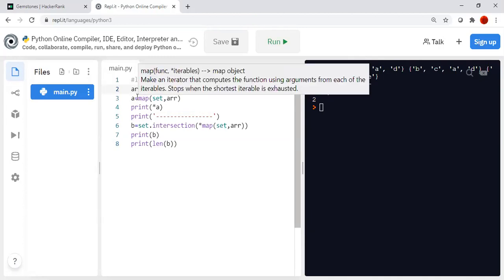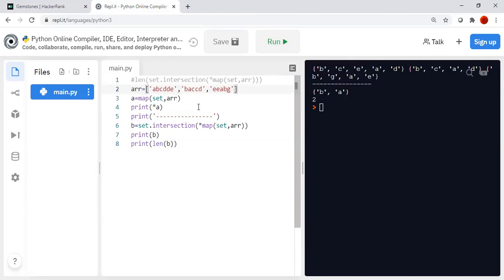If I directly print A, then it will give an object, not this set, because it is a group of values, not a single object. So I have to give a star, then only it will give all the things.